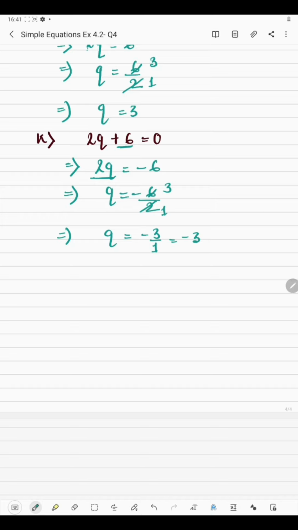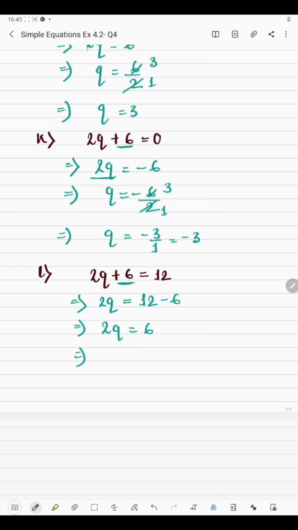Okay. Now coming to the last part, we have 2q plus 6 is equal to 12. So at first we will have to transpose plus or minus, whatever is there. So we will have to transpose 6 to the other side. So plus 6 will be minus 6, right? So 2q will remain the same, is equal to 12, which also will remain the same over there, and 6 will sit beside it. So plus 6 will be minus 6. So 2q is equal to 12 minus 6, which is 6.